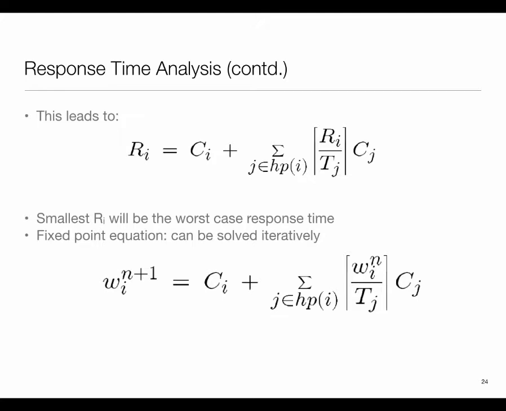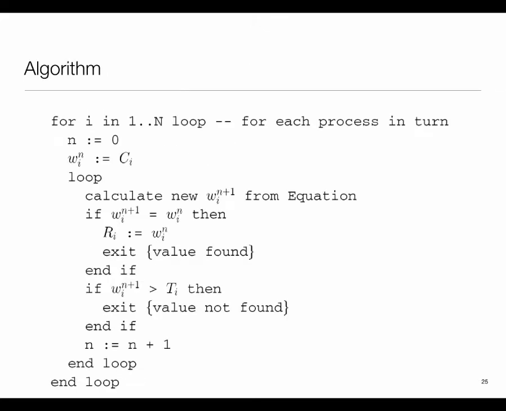So now we obviously have a reasonably clean way of writing a piece of code corresponding to this. This is in some pseudo code where basically we start out with n equal to 0. We set the initial value of the variable of interest to be C sub I, and we just loop where every time we compute the new thing, and our stopping criterion is if either we have converged or we exceed the deadline. Okay, so one of the two ways we are going to exit out of this thing.